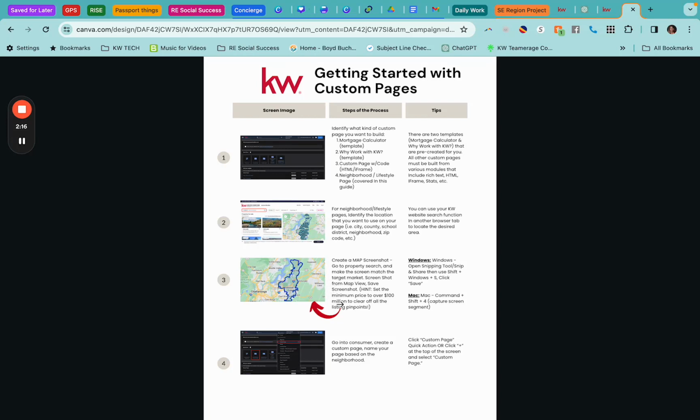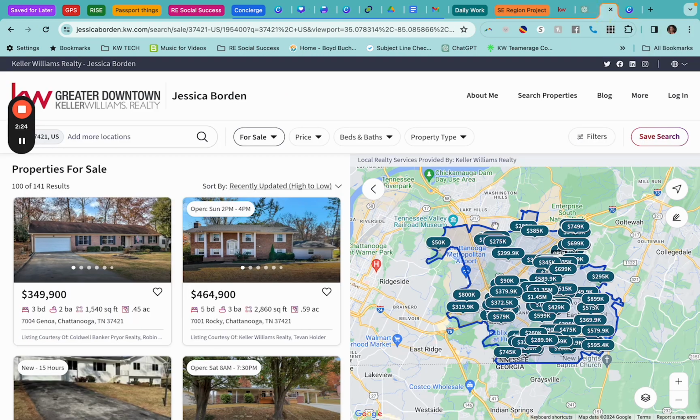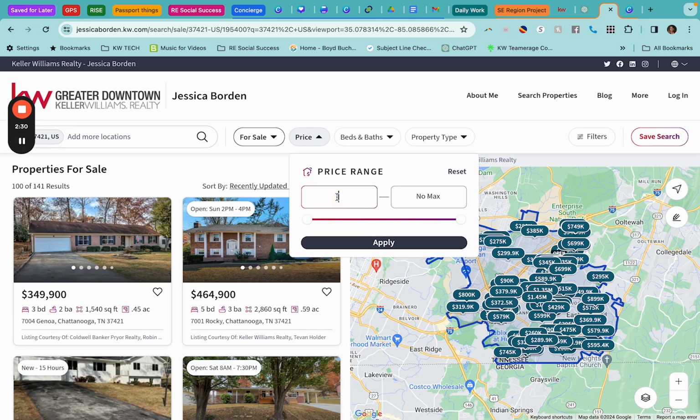A best practice you might want to use is to set the minimum price to over, I would say, 100 million to make sure that you're not going to have any of these little property dots showing up. So what we're going to first do here is go to price. We're going to set a minimum, and we'll just do 25 million because there is nothing at 25 million